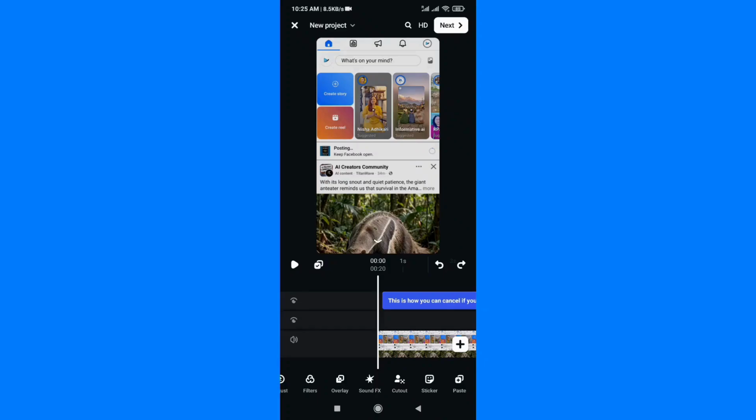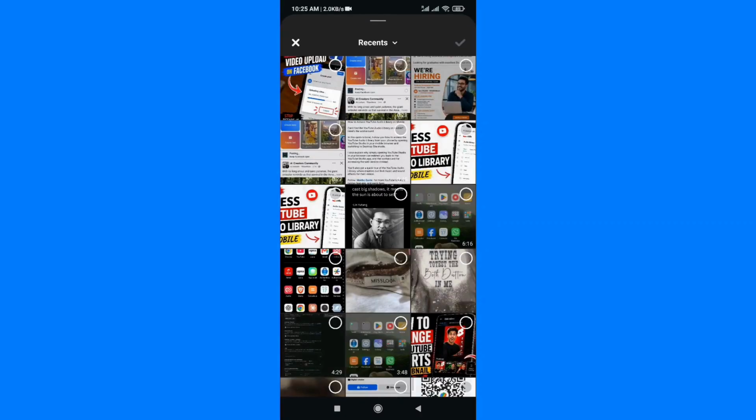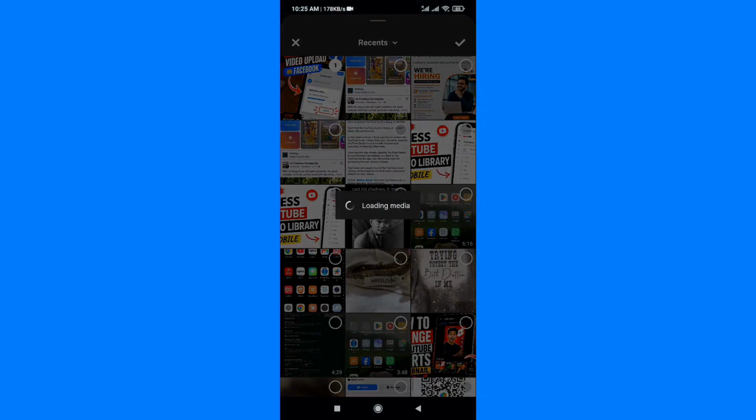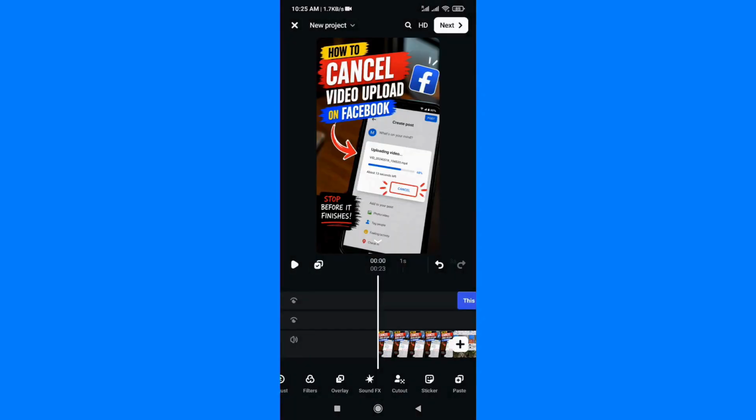This is how you can upload a custom short thumbnail on YouTube. YouTube doesn't let you upload a custom thumbnail. What it does is let you choose from the frames of your video. So what you have to do is just add